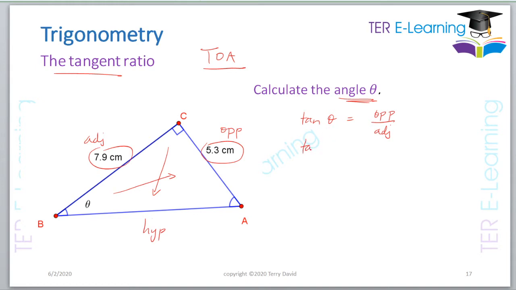Tan theta is equal to opposite, which in this case is 5.3, divided by my adjacent, which is 7.9. We're finding the angle, so tan theta, we're going to take 5.3 divided by 7.9, and you're going to get